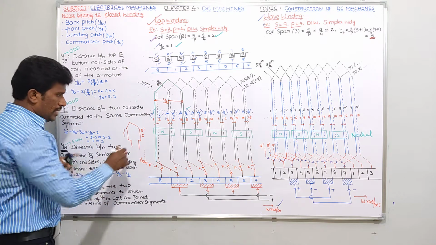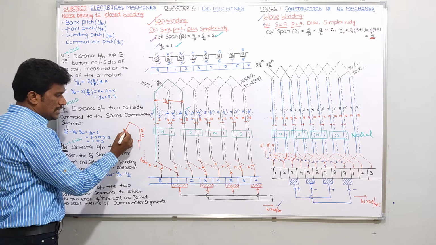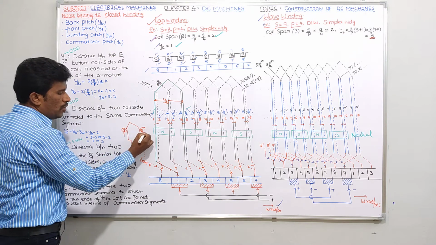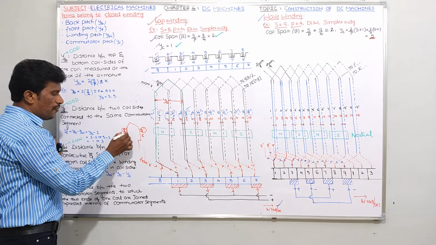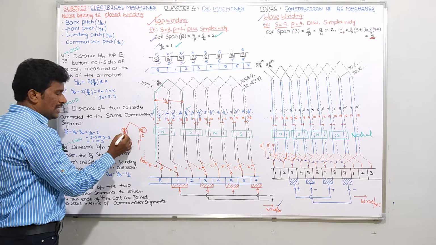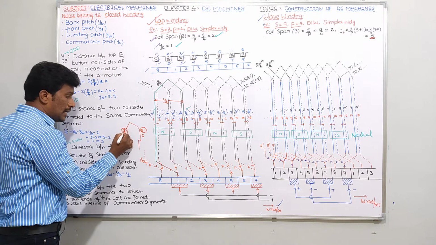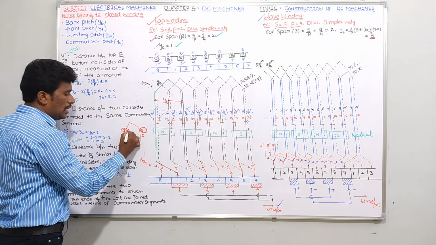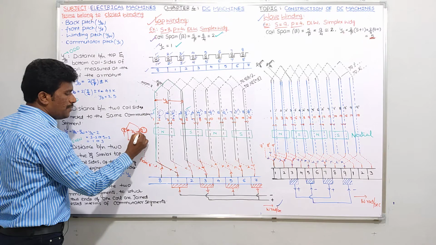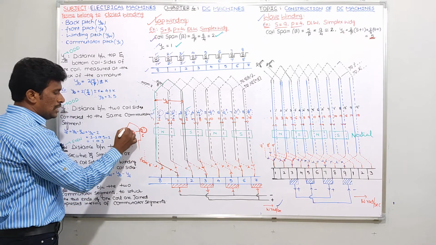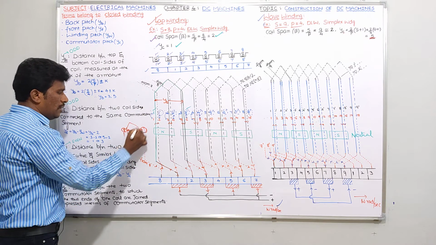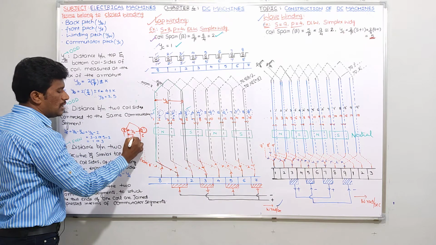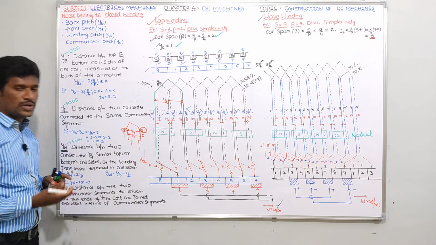So in a coil, the first conductor means you should take the top layer conductor only, and 3 dash should be the bottom layer conductor. So if you take a coil, the distance between the top layer conductor and bottom layer conductor of a coil is called coil span beta. Simply, if you want me to say, I can say like this also. For this coil, this is a coil side. Distance between coil sides of a coil is also called coil span beta. Like that also we can simply say.